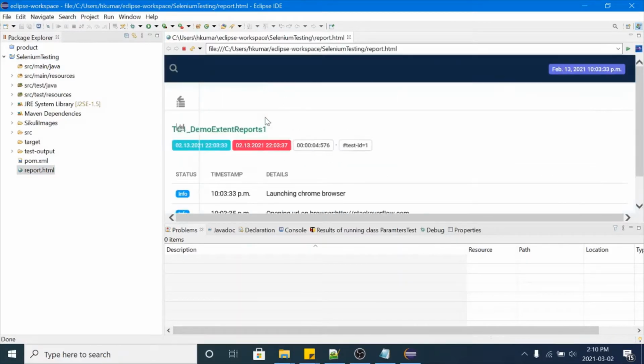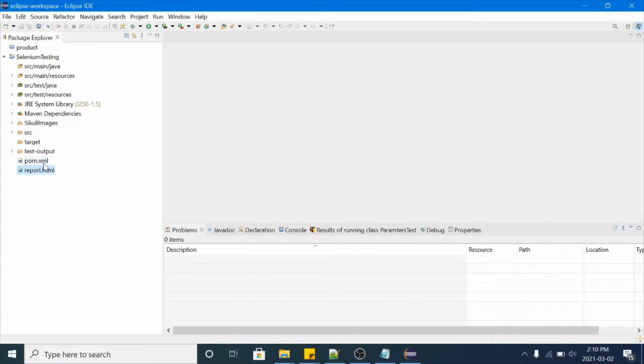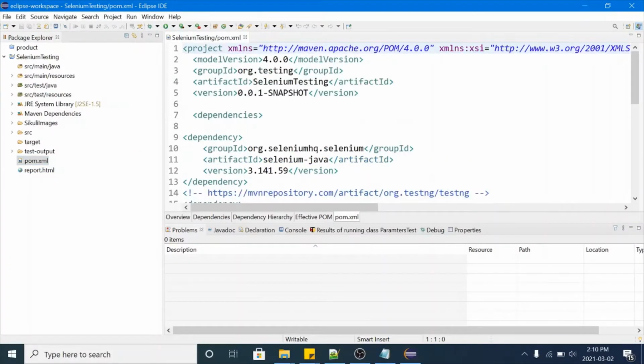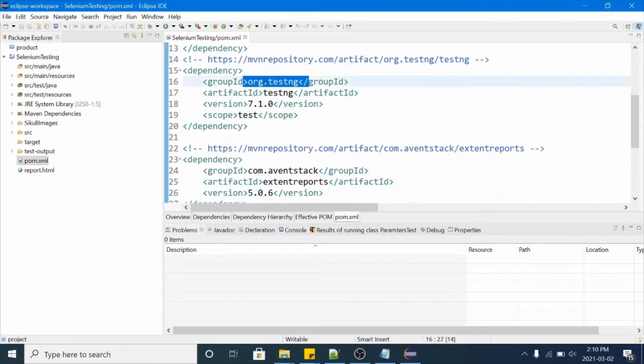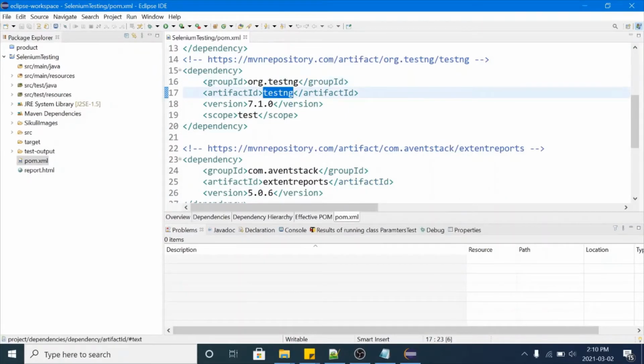Okay, have a look. So we are having one pom.xml file. In this, we are having TestNG configured. Okay, org.testng. This is the TestNG dependency. Okay, org.testng. TestNG version is 7.1.0.